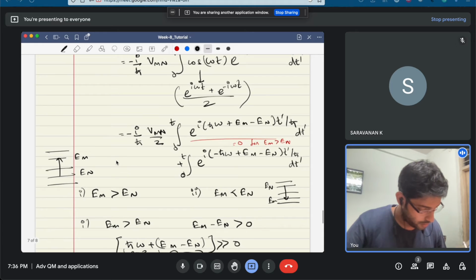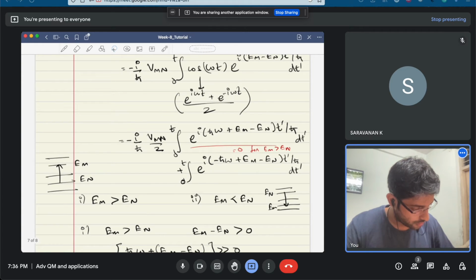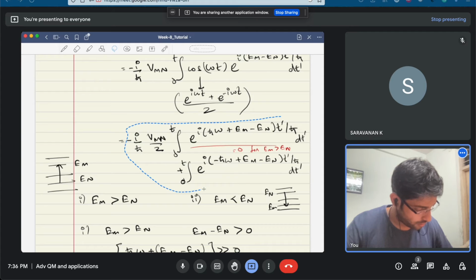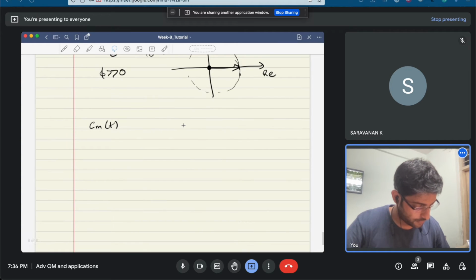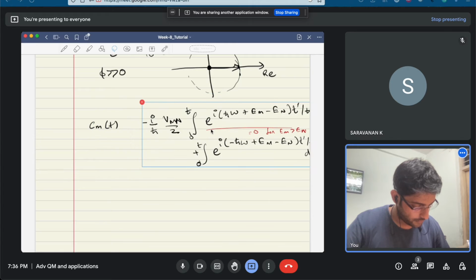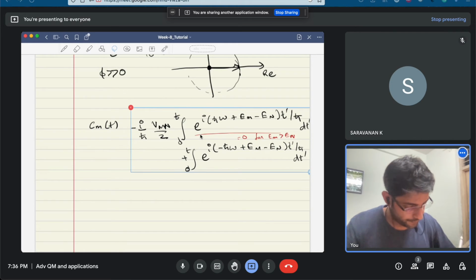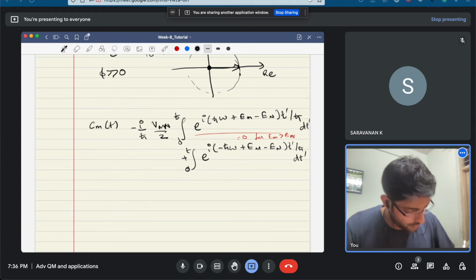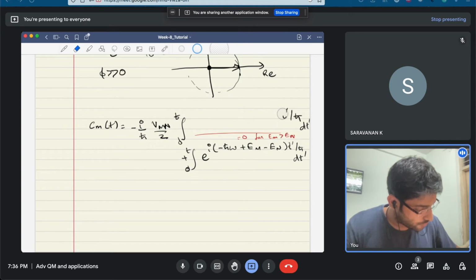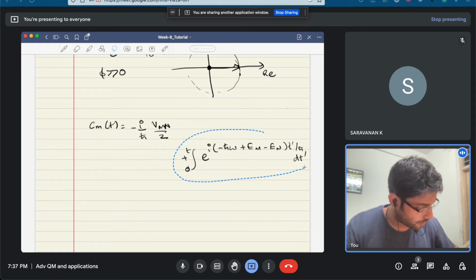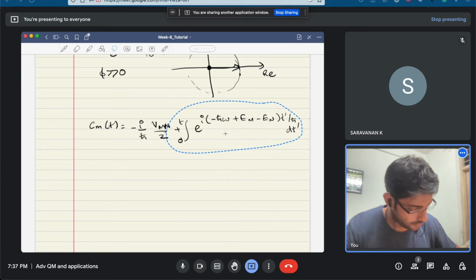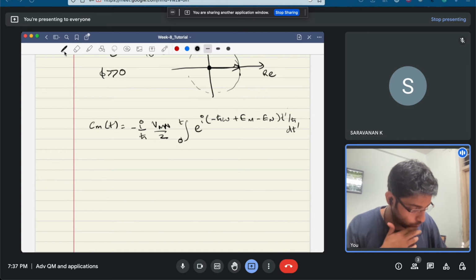So this term goes off, and only this part remains. Okay, and this is easier to then